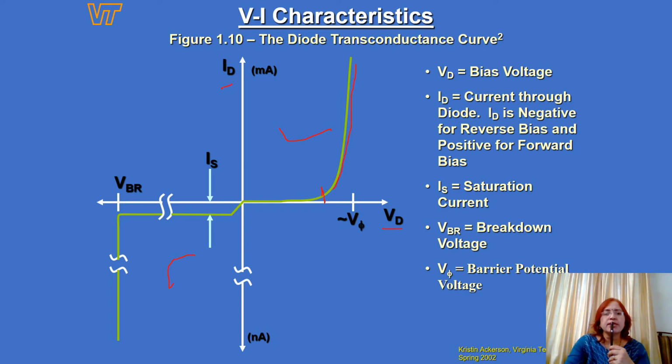Under the reverse bias condition, initially, as you go on increasing the reverse bias potential, a very small amount of reverse saturation current flows like this. But after the breakdown voltage VBR, a large amount of current flows in the reverse direction. Here it is shown in the nanoampere range, so this is for silicon. For germanium, it is in the microampere range. This reverse saturation current is totally temperature dependent.